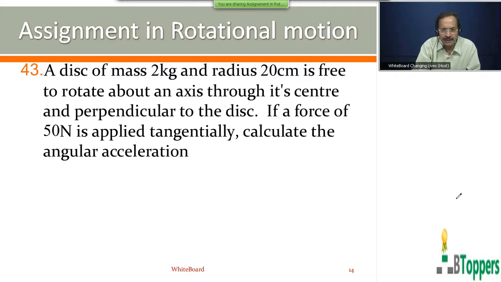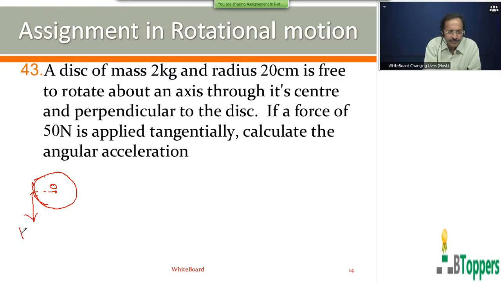So you have to find the moment of inertia I and the torque here. The force is applied tangential to the disc. The disc is free to rotate about the horizontal axis passing through its center, O. The force is applied tangential to the disc. Just as explained in the previous problem, here also you can see the magnitude of the net torque on the disc is the same as the magnitude of the moment of this tangential force.